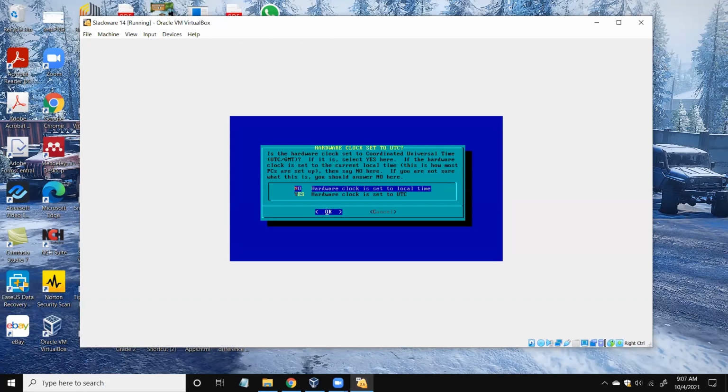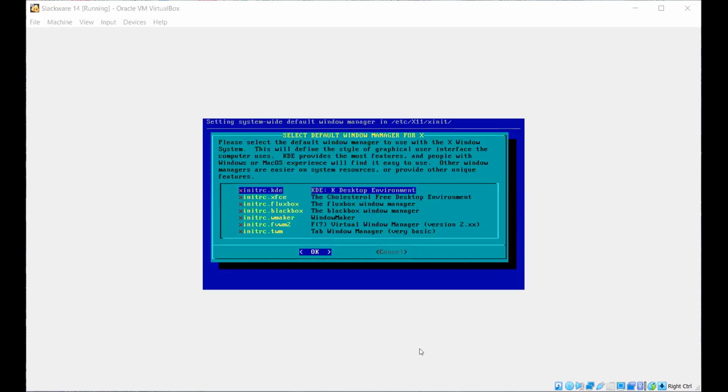Here we can select the country. Then the desktop environment, I can keep it as it is, that is the KDE desktop environment.